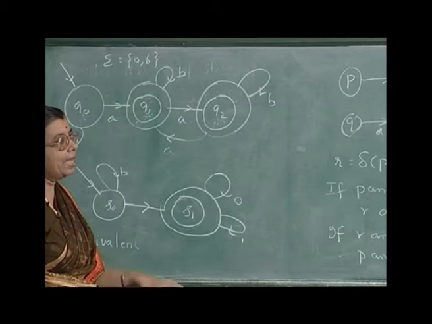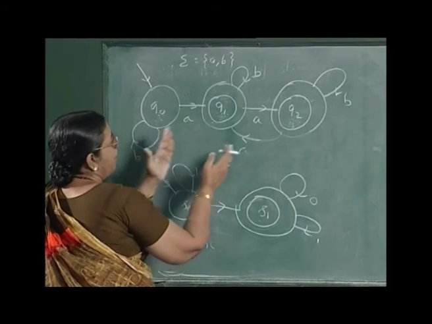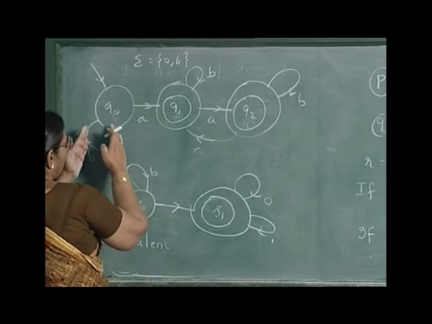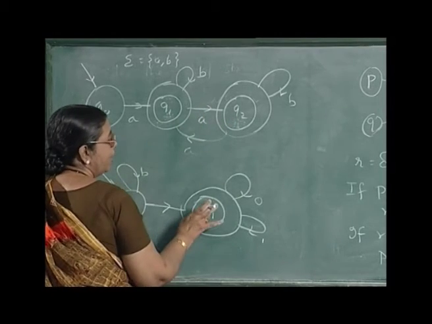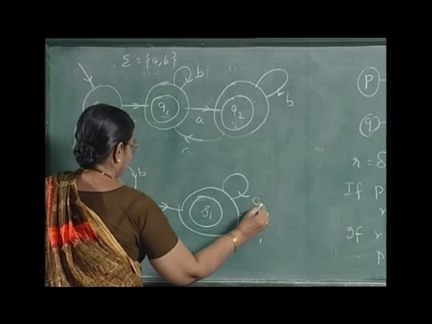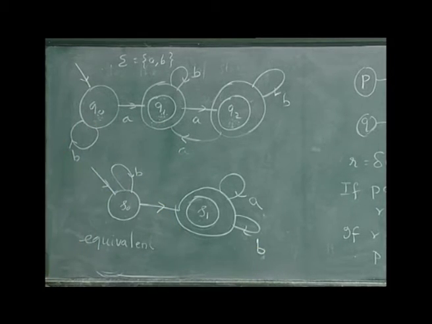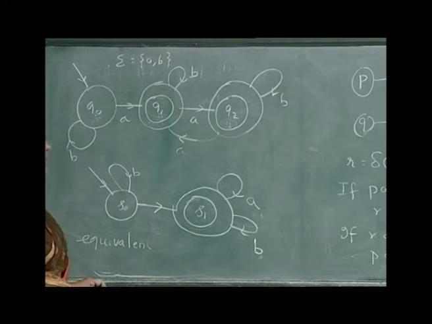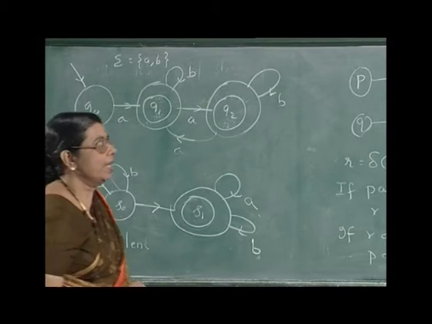So, you can merge the equivalent states, and when you merge these two, Q0 is here as S0, but Q1 and Q2 are merged as S1. So, starting from Q0, if you get a B, you go here, if you get an A, you go here. When you merge this, this is A and this is B. When you get an A, you go here, when you get a B, you go here. This way you can find the minimal state automaton, you have to merge the equivalent states.